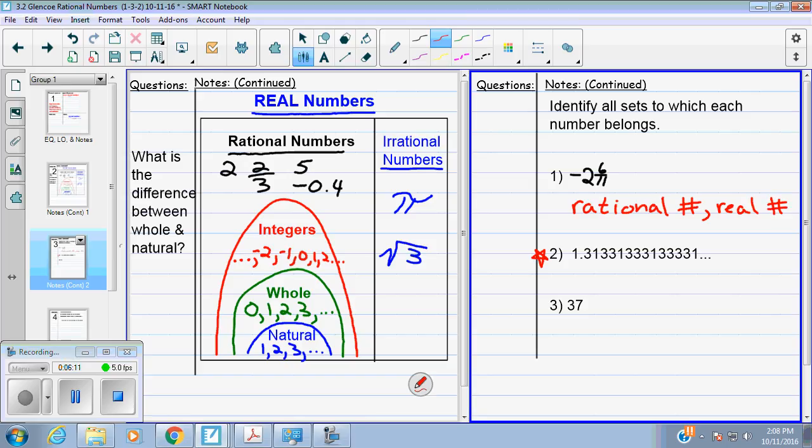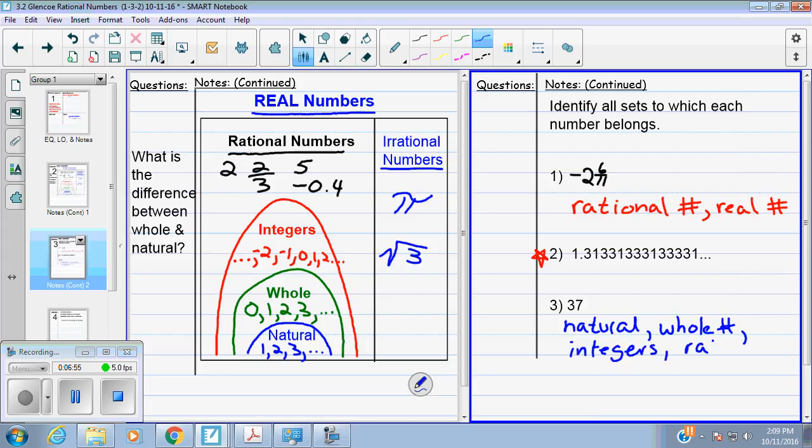Okay, that's problem 1. Now, when you copy down number 2 here, the problem, please copy it down really carefully. And I'm actually going to go over number 2 in class so we can discuss why it has the classification that it has. So let's look at number 37. 37, what is the smallest category in this umbrella diagram we have to our left here that 37 falls in? Yeah, you're right. It falls in that natural category, the very smallest. And if it's a part of the natural, it's also a part of the whole. It's also a part of integers,